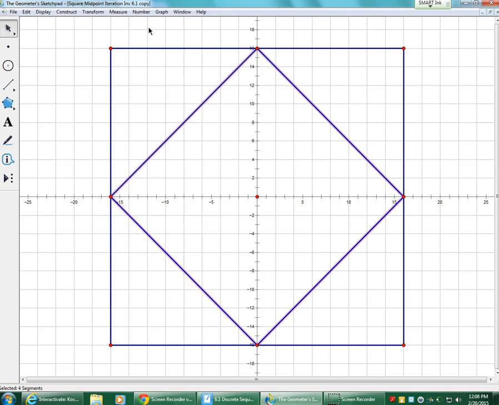The nice thing, of course, at this point is I could stop, I could count the number of regions, and I would have, in that case, 5 regions, the middle square and the outside triangles. And I'm going to repeat my process. I'm going to apply another iteration. I'm going to select midpoints, Control M, and I'm going to Control L again,